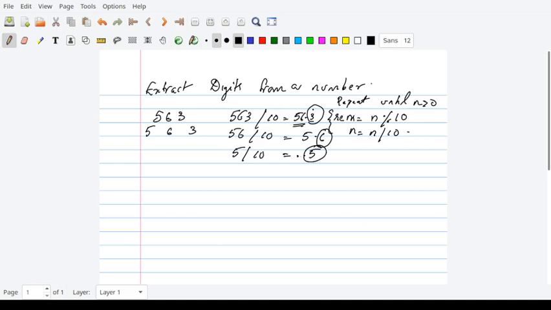So here you can see that you are repeating the same thing. That is, you are dividing by 10, and whatever you get in the decimal place, you take. When you take whatever comes in the decimal place, you get the units place digit. Then again you divide by 10, whatever you get in the decimal place, you get the tens place. Then again you divide by 10, and whatever you get in the decimal position, you take it, you get the hundreds place number. So you have extracted each digit.